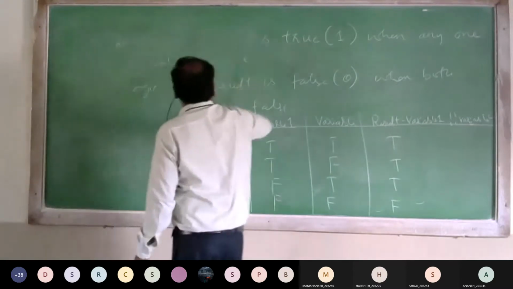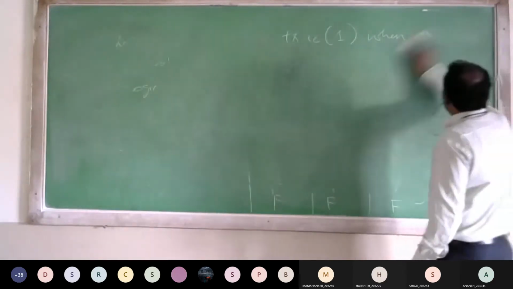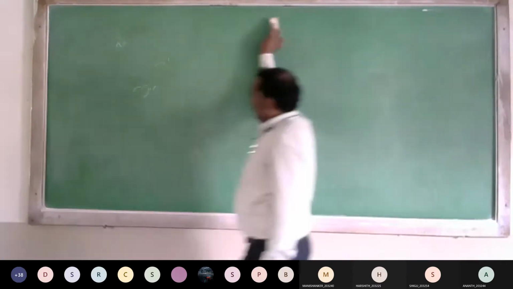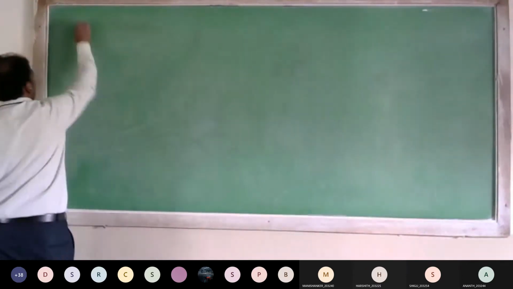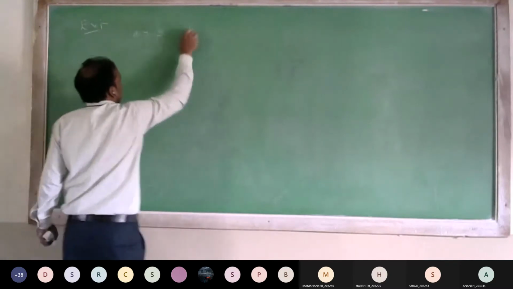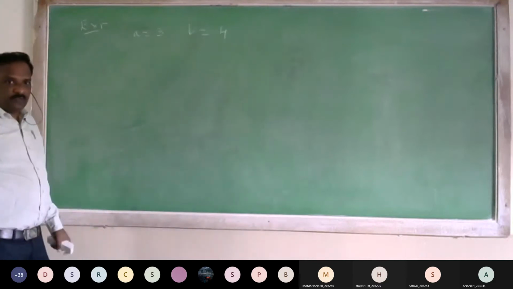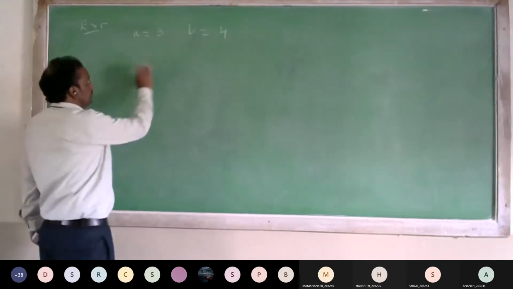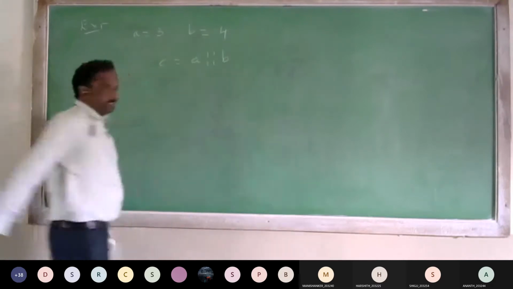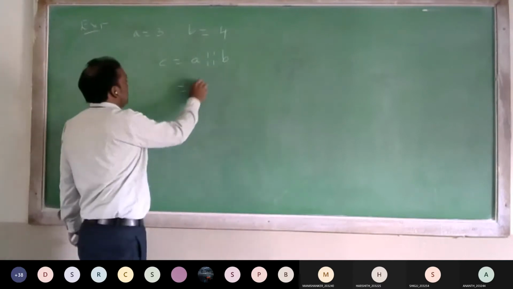Now we shall see some examples. Example, A is equal to 3, B is equal to 4. Now, C is equal to A or B. What is the A value?